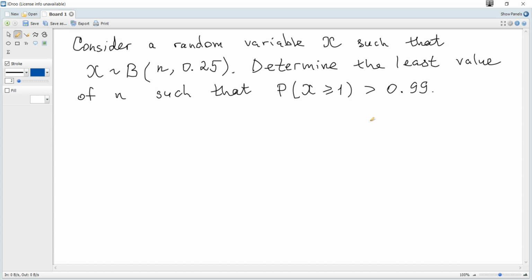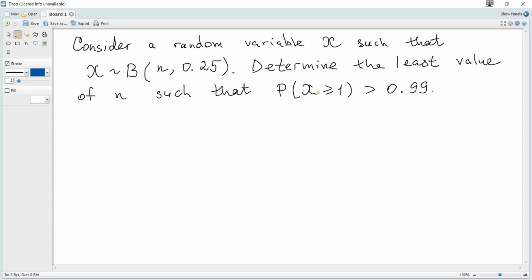Consider random variable X such that X is distributed binomially with parameters n and probability 0.25. Determine the least value of n such that the probability that X is greater or equal than 1 is greater than 0.99. It's quite a typical question, and the first step, we should rewrite this probability, as we know that